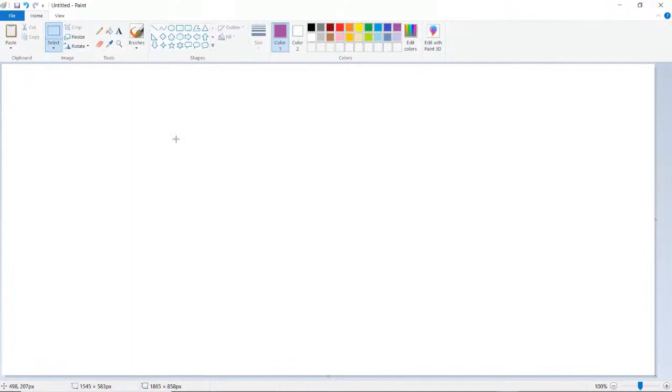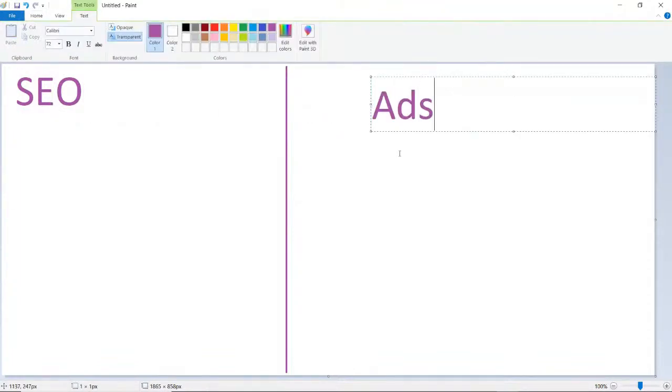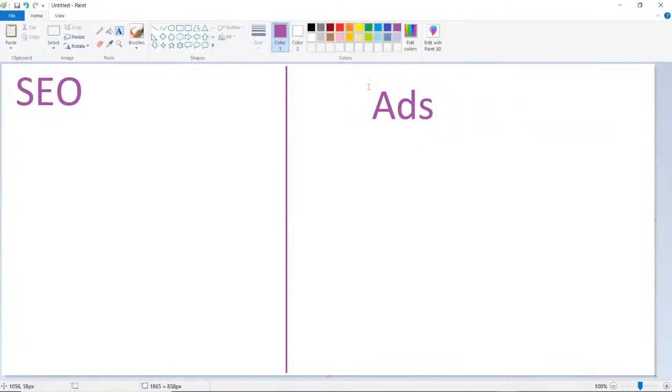All right, so then we're going to talk about the core elements of resolving problem number 2, and that's when people can't find you in search. Now, again, the 2 main elements that we're going to talk about are search engine optimization and running ads. And the main parts of those, this is going to crack you up, right? So let's do search engine optimization on this side. And then let's do ads on this side. Right. And it doesn't matter. I'm going to mostly reference Google ads on this because that's one I have more experience with, but it doesn't even